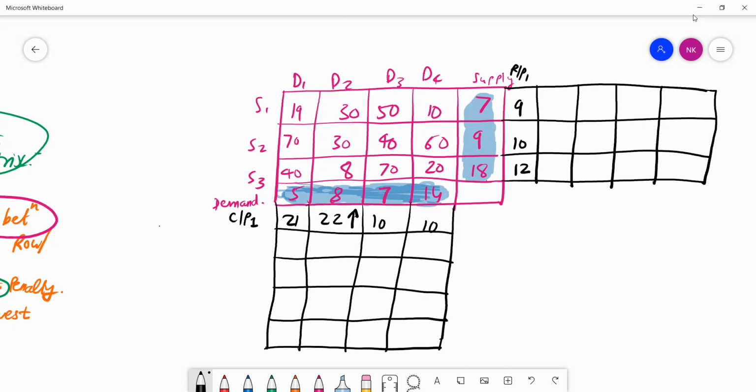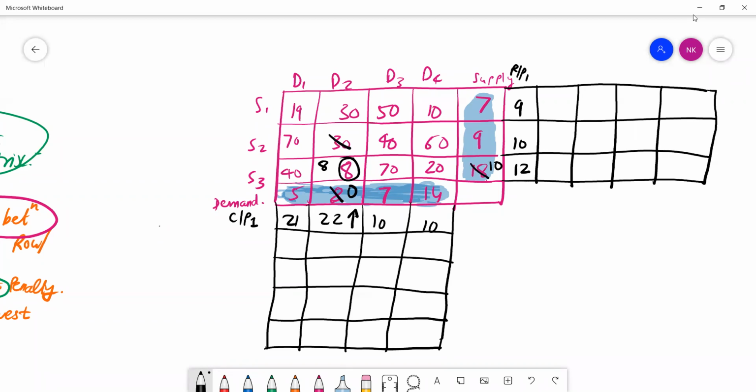So it will be this column. It will be this particular column. Find out the lowest most cost. It's this one, 8. The lowest most cost is 8. So this particular cell 8 requires 8 units, or it is demanding 8 units, and correspondingly this S3 is supplying 18 units. So 8 units will be satisfied. This will turn out to 10, 0, and this will turn out to 10.